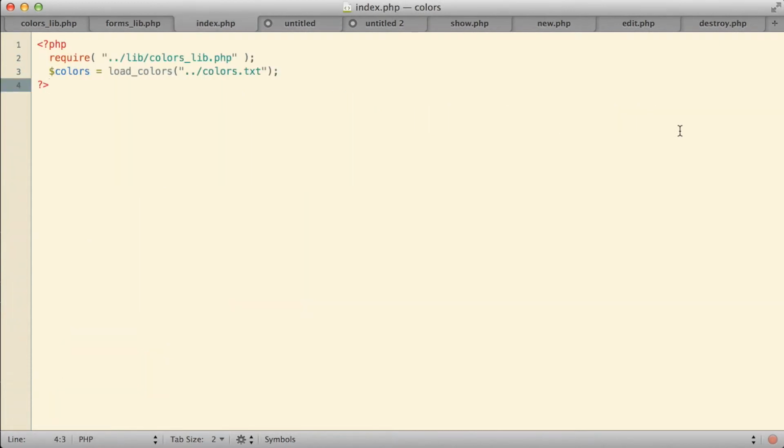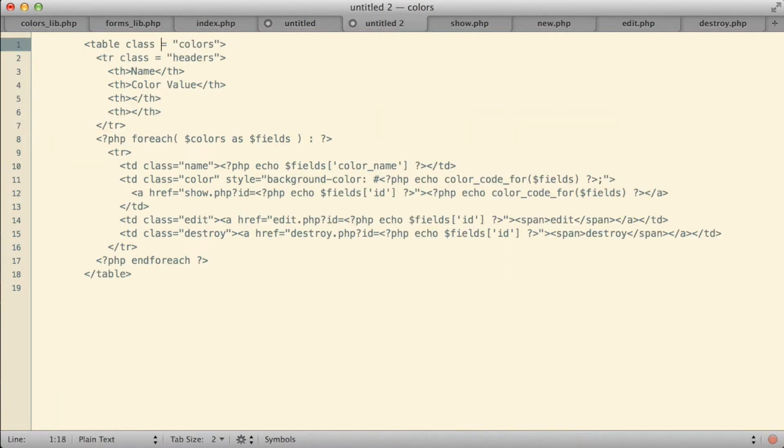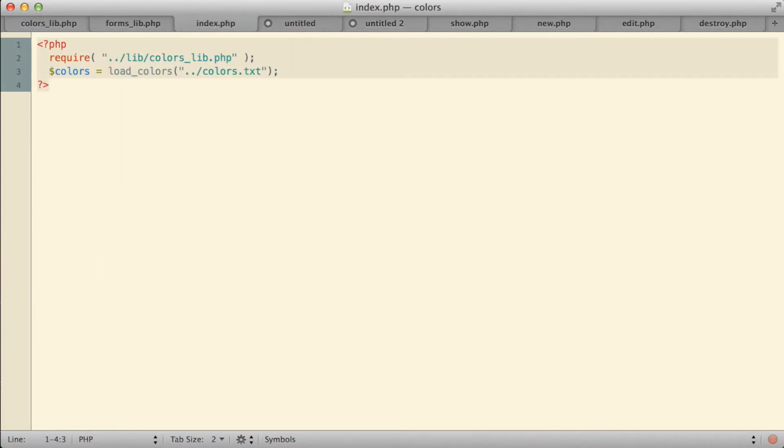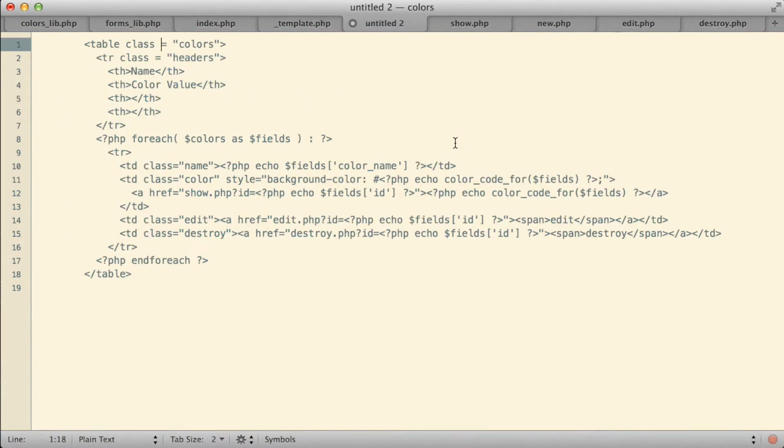The three different files that I've split it up into, basically I have the PHP code from the top of my index page. I now have a page that has in it nothing but sort of the generic HTML structure of my page. And I have a third page which is nothing but the actual content of the index page itself, just what's typically shown in the body, basically the table with the colors in it. My main PHP for the index page is still called index.php. What I'm going to do though is I'm going to take the page that is just the structure of my overall page and I'm going to save that. When I save it, I'm going to save it as _template.php. And then the page that is actually the content of the index page itself, I'm going to save that one as